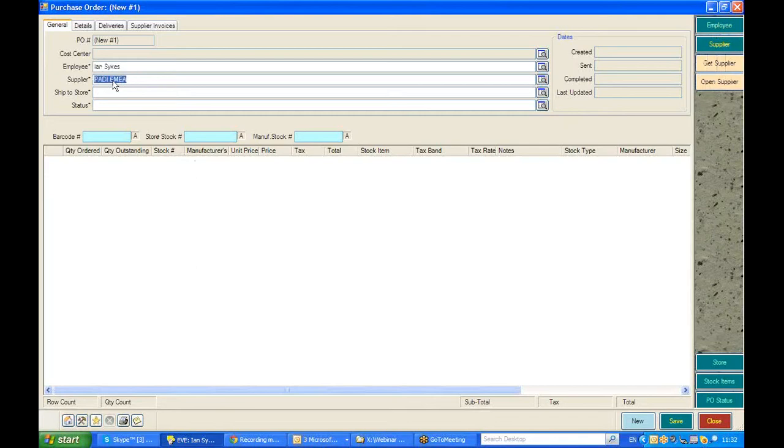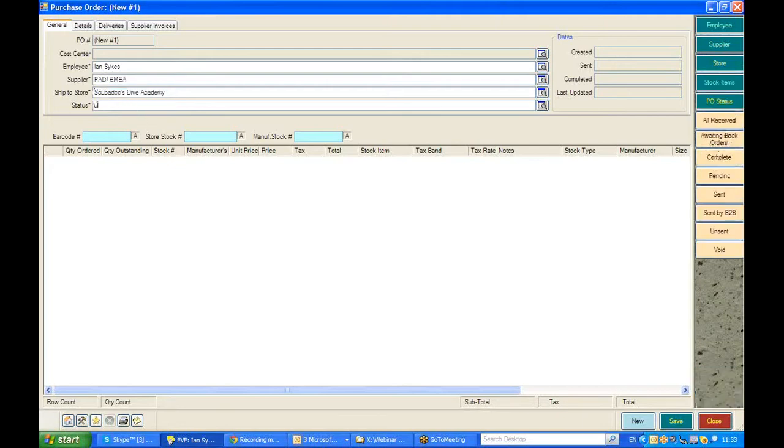the particular supplier that we're going to order these goods from. We enter in a store. That's obviously particularly applicable in a multi-store environment. And at this stage, I'm going to enter in a status of unsent because it's going to be something I'm